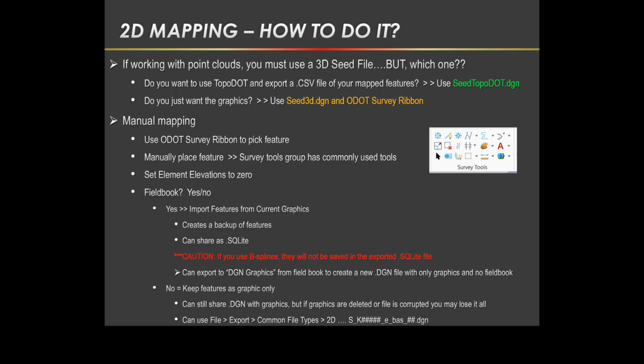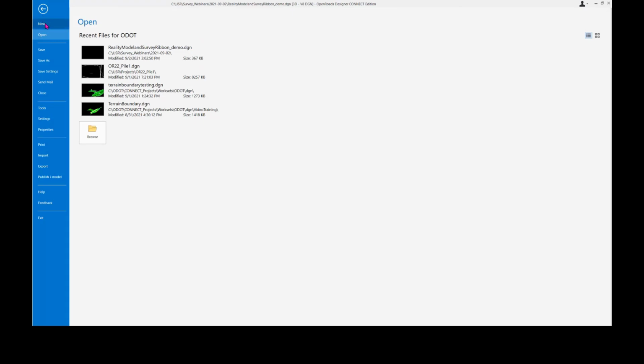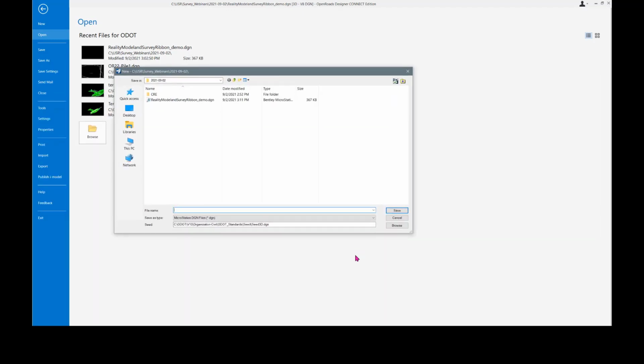So let me go ahead and do a demo of this. I'm going to create a new file. And I have decided that I am not going to use TopoDOT. Maybe I don't feel confident enough in it. So I'm going to do a new file and only use the Descartes reality modeling tools. Maybe do some manual extraction. I'm going to call this